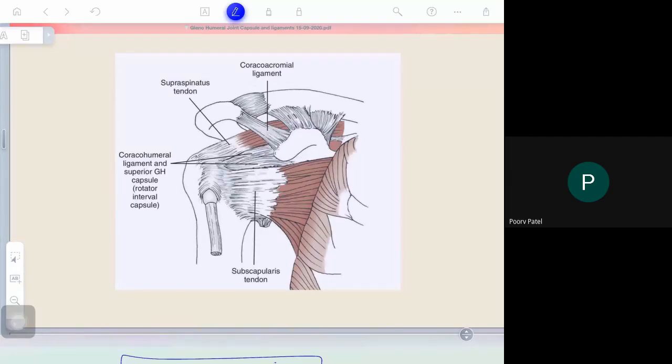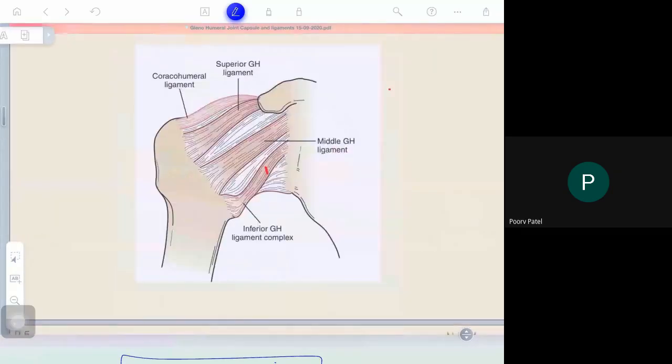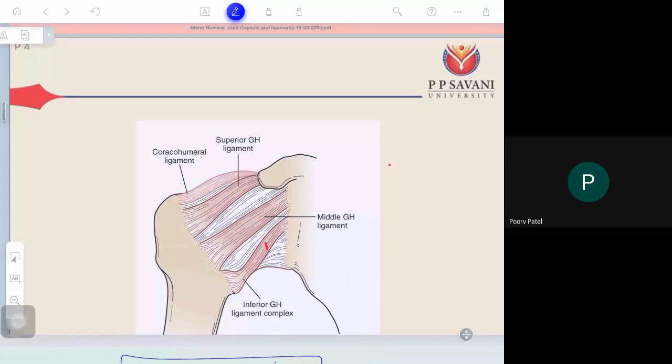You can see this diagram. Yes, here it is given. You see this is coracohumeral ligament. What is coracohumeral ligament? From the name itself it is clear. This is coracoid process, that is humeral. The ligament is attached between coracoid process and the humeral head. Clear? So this ligament is called an extracapsular ligament. And these 3 ligaments are called capsular ligaments. Clear? So what are these structures?